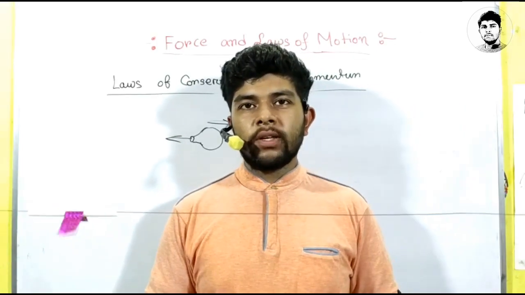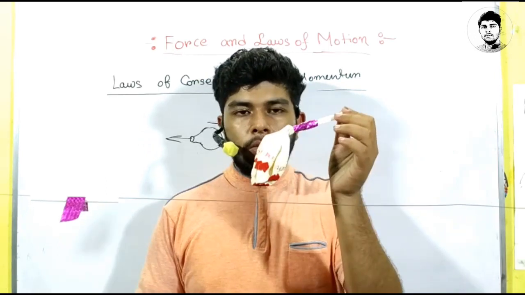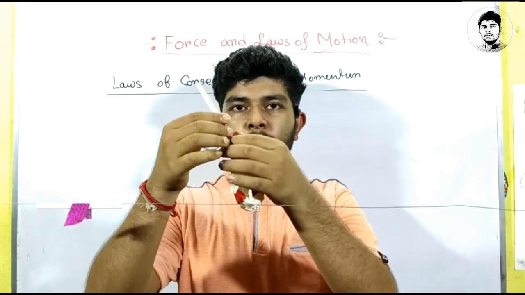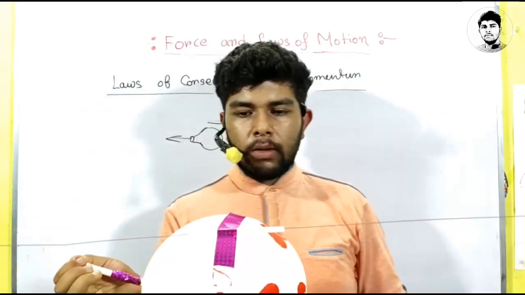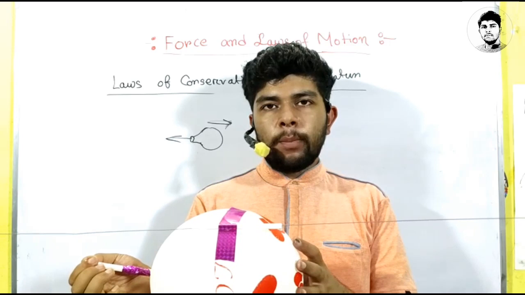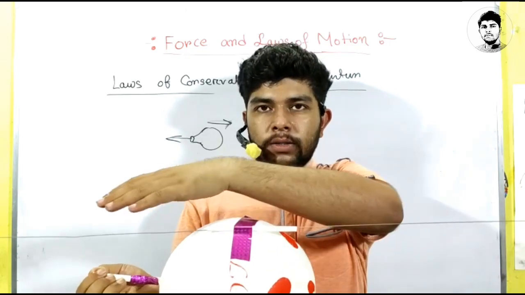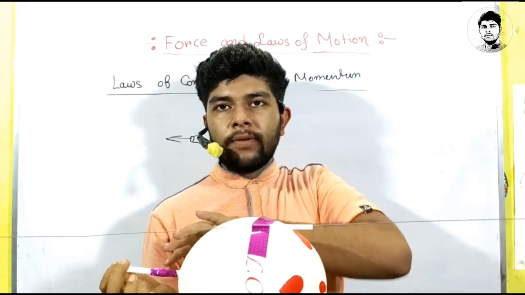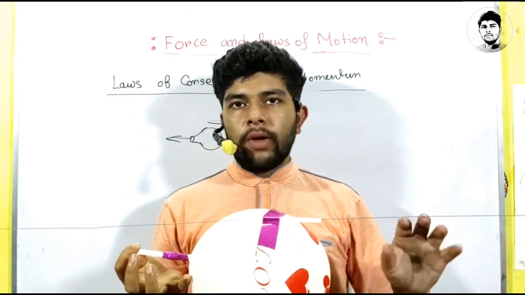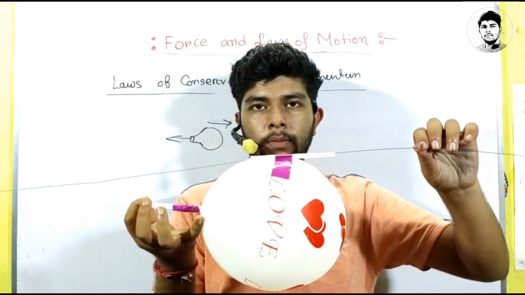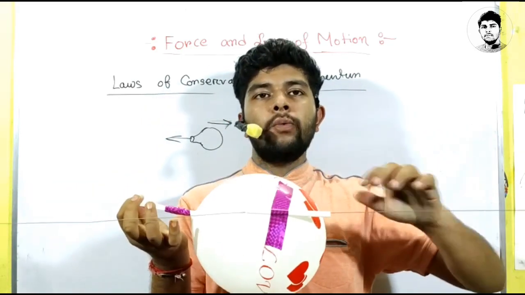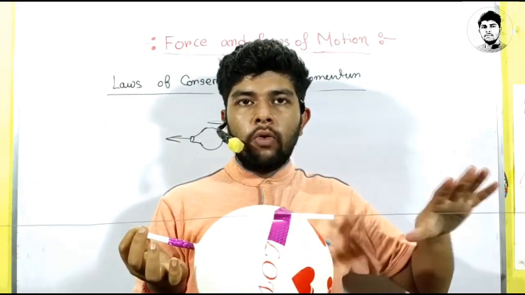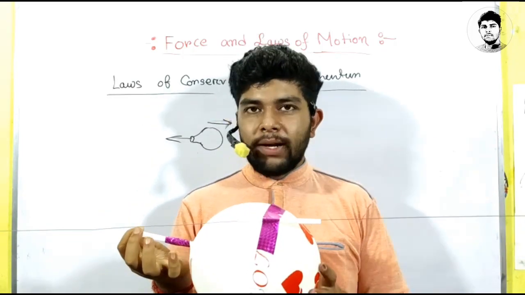Now students, we are doing the same experiment with a balloon. So this is the balloon. I have cut a pipe and fixed it to the end portion of the balloon. Let's blow it. Now friends, see, this is a balloon, and I have tied this balloon with a string and a pipe. I have used a pipe, and here also I have used a pipe. So when I release the balloon from the end portion, the balloon will move in this direction because the flow of the air will be in that direction. So the balloon will move from this side to this side. Let's see what will happen.